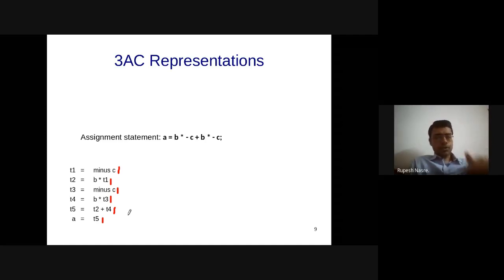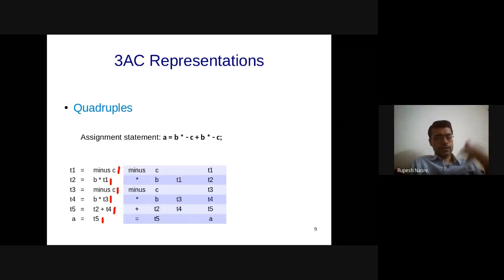The way it gets stored need not be in this string form. It gets stored in the form of quadruples, and the way it looks like is in a tabular form, where there is let's say an operator and then the 3 arguments, right? And because there are 3 arguments, therefore this is called as a 3-address code, and because there are 4 items that you are storing, therefore these are called as quadruples. Sometimes you might be able to do away with some of these.